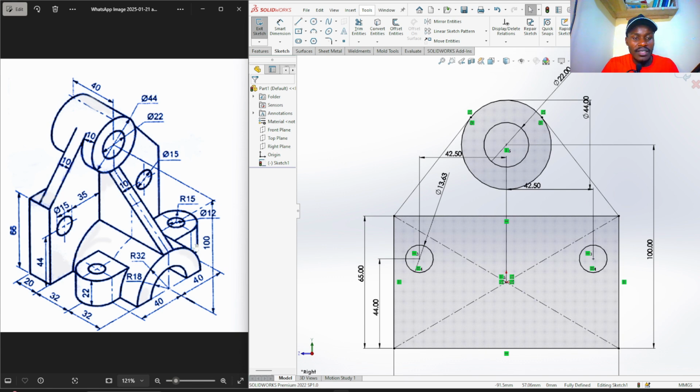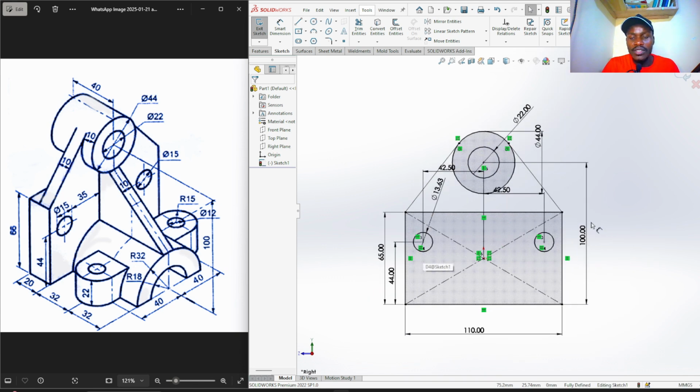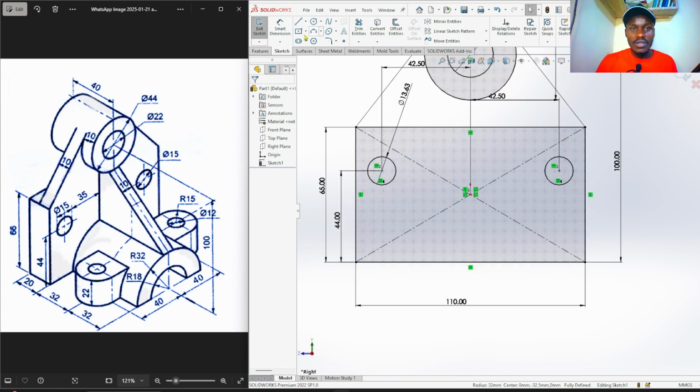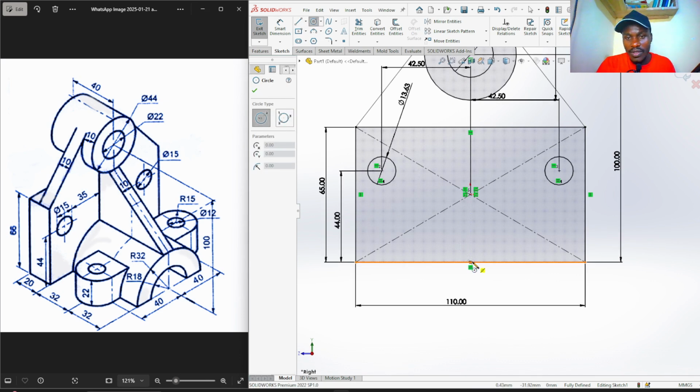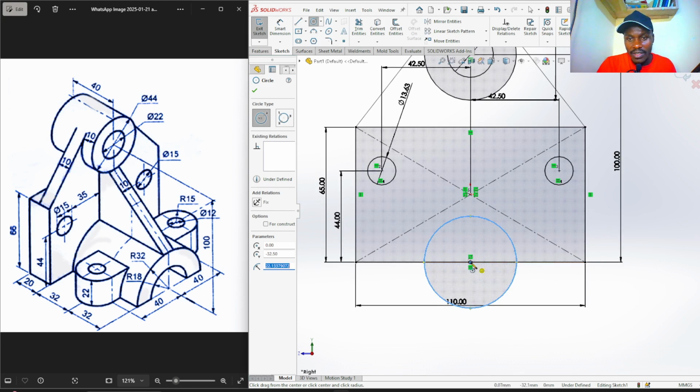We have this other feature, so we can use one simple sketch, or one single sketch, and then we extrude all the other parameters. So all features that can be seen on the right view can be sketched on one sketch. Then we just go ahead and use extrude feature to obtain the other features. So we'll pick circle, and then identify midpoint of this line, drag it outwards, repeat like this,